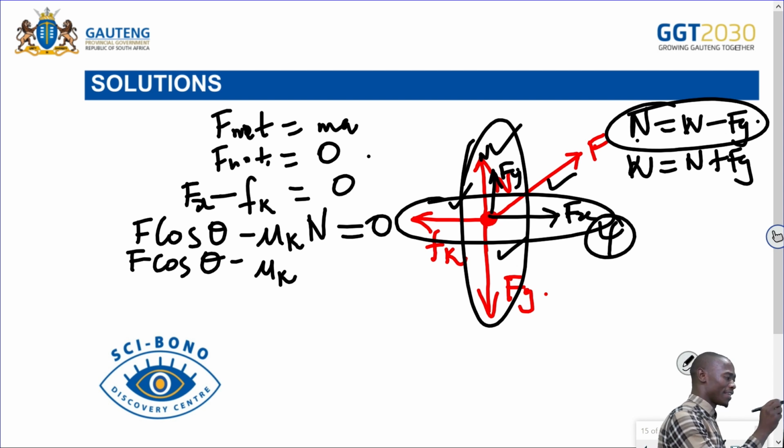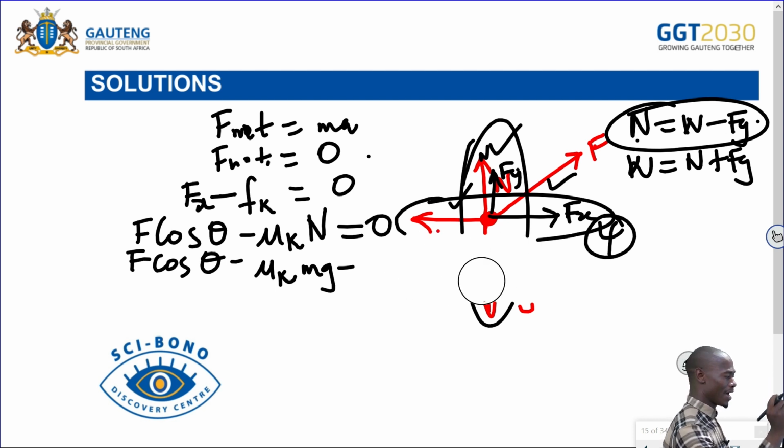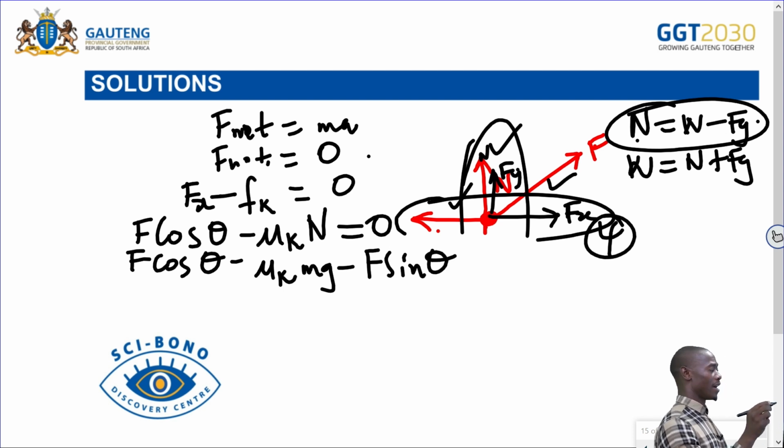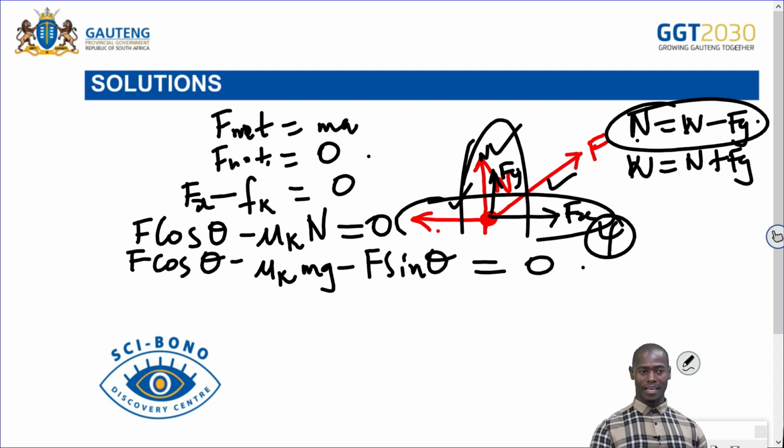Fy. So where there's N, I can substitute it by weight. How do we calculate weight? It is mg. So it's mg minus Fy. And how do we calculate Fy? Fy, remember, is given by F sine theta. And then this is equal to 0. Okay, remember I'm looking for F,